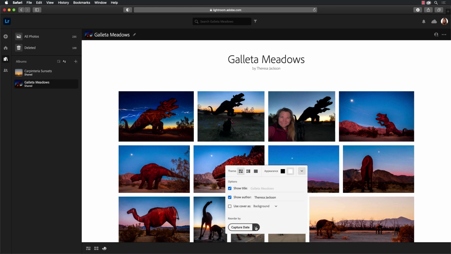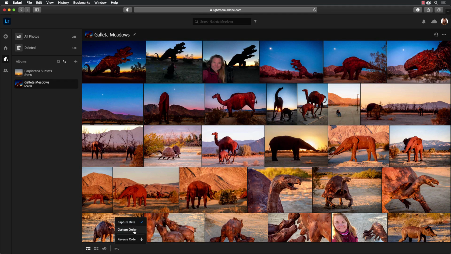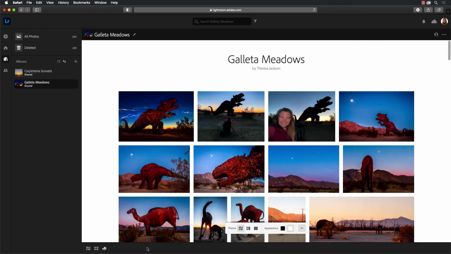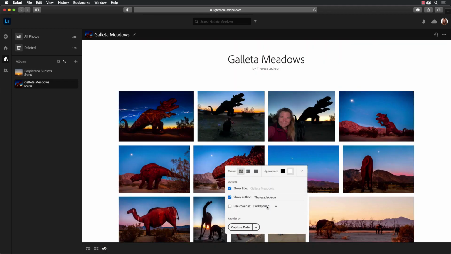We see that this is sorted by the capture date. This is really odd because it doesn't give us a custom order here, so it gets really confusing. If we switch back out to here, we have a custom order. Let's see if we do that, and then we come in here. It's still in the capture date. So this is what I was saying. It gets really clunky. But you can drag and drop them to rearrange them when you're in this view here